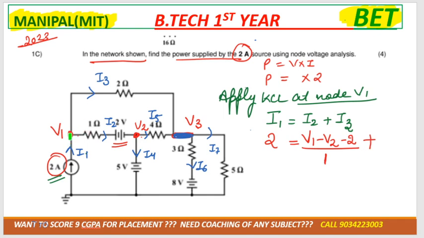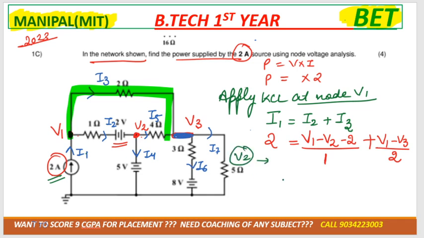I3 is moving from V1 to V3, so V1 minus V3 divided by 2. Okay. Now similarly we have to apply KCL at node V2. So what will the equation at V2 be? We'll have I2 is equal to I4